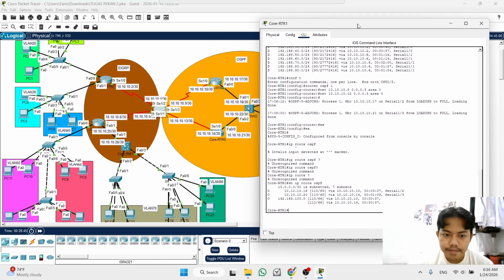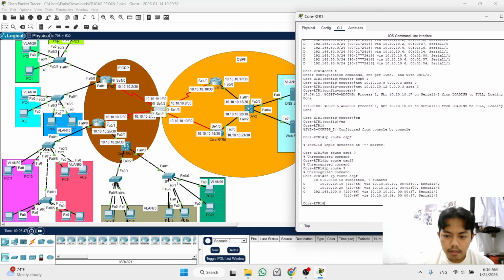You see, there is the network to the server, and the networks from this and this.